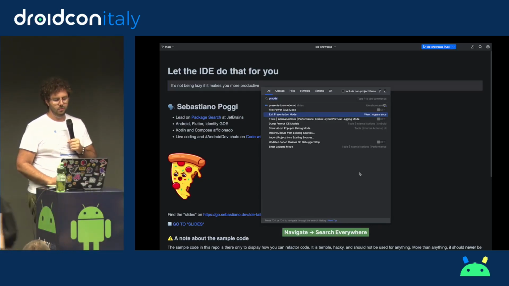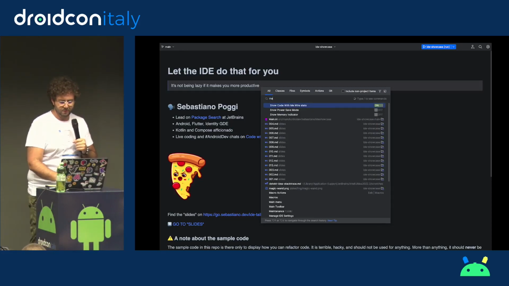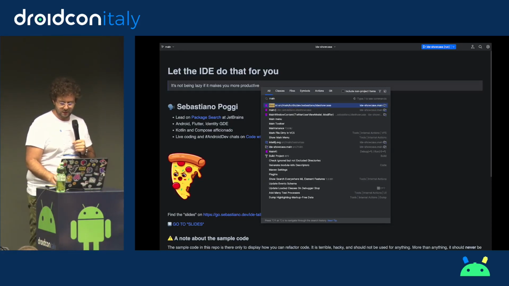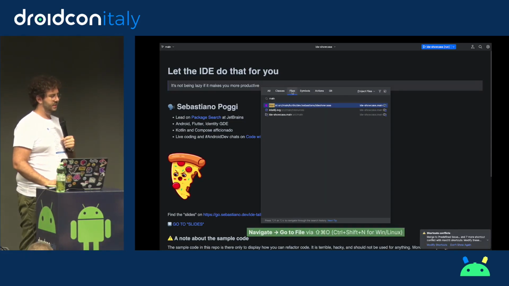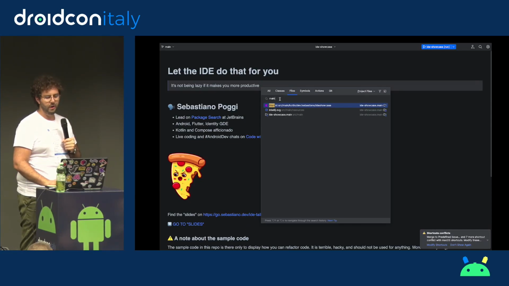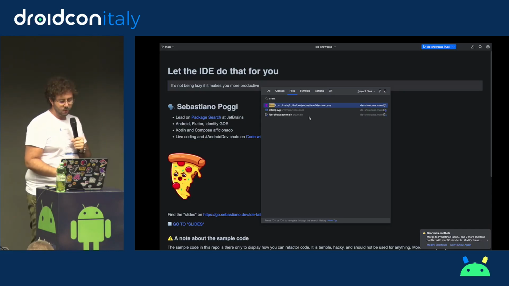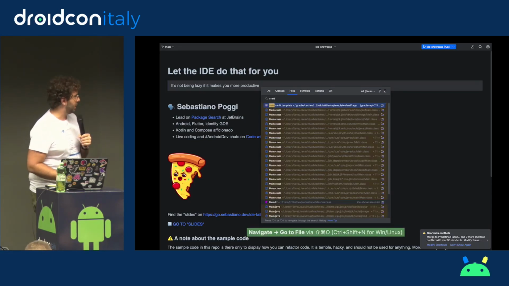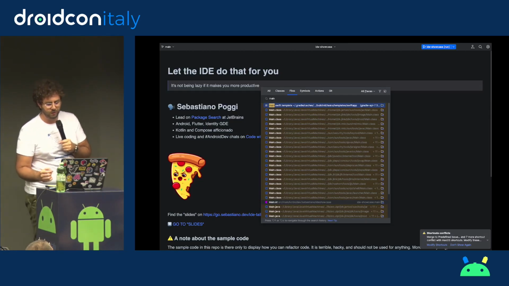So I am going to do search everywhere, and here I can type the name of the file. What I can also do is I can do navigate go to file, which will select this for you and will keep whatever you've typed. So you can start typing anywhere and then realize, oh, I actually just want files. Then you can just click the Files tab, or you can do the appropriate shortcut. By the way, when I do a shortcut, you're going to see down here the action that I'm invoking and the shortcut that you use on macOS and on Windows and Linux.